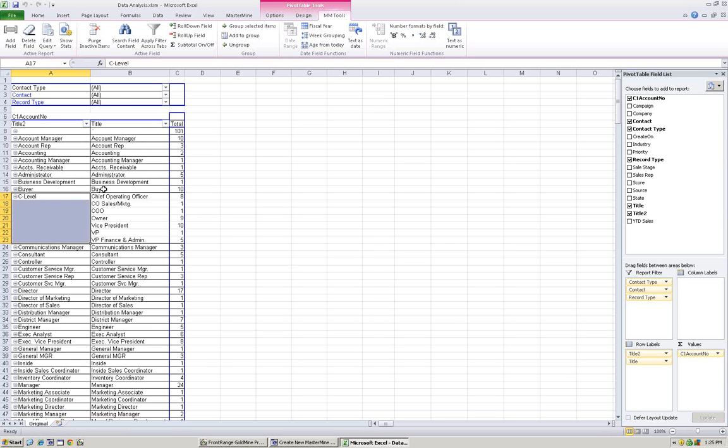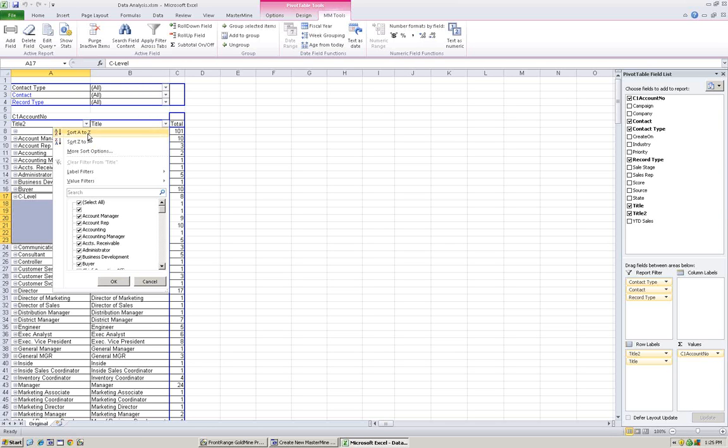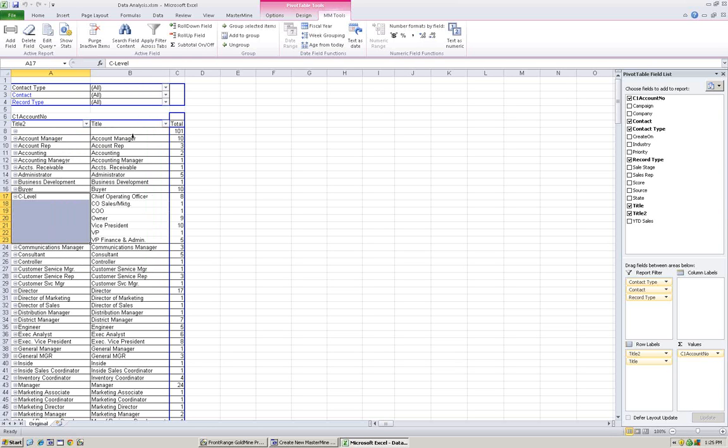The field by default is in alphabetical order, but it doesn't force alpha order. In other words, when new items are added to this field, unless you specifically tell it to make it an alpha A to Z field by selecting that sort, what you've really got is manually sorted items within the field, which you can resort. So, for example, if I want to move C-level up to the top of the list,